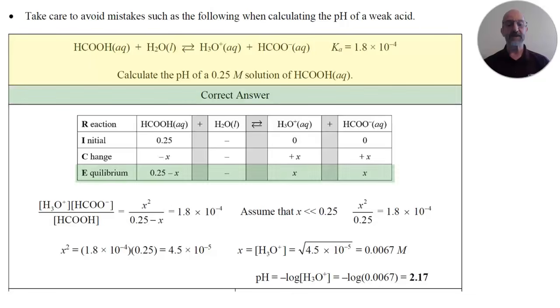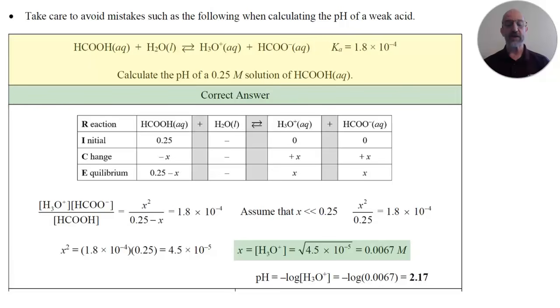So I made a RICE table, and 0.25 minus x was approximately equal to 0.25, and that's because the value of x is much smaller than the initial concentration of the acid. So I have x squared divided by 0.25 is equal to the Ka, which is 1.8 times 10 to the negative 4. Then I solve for x, so I did x squared is equal to 1.8 times 10 to the negative 4 times 0.25. And then at this point, I got 4.5 times 10 to the negative 5 on my calculator. I took the square root of that number, and I got